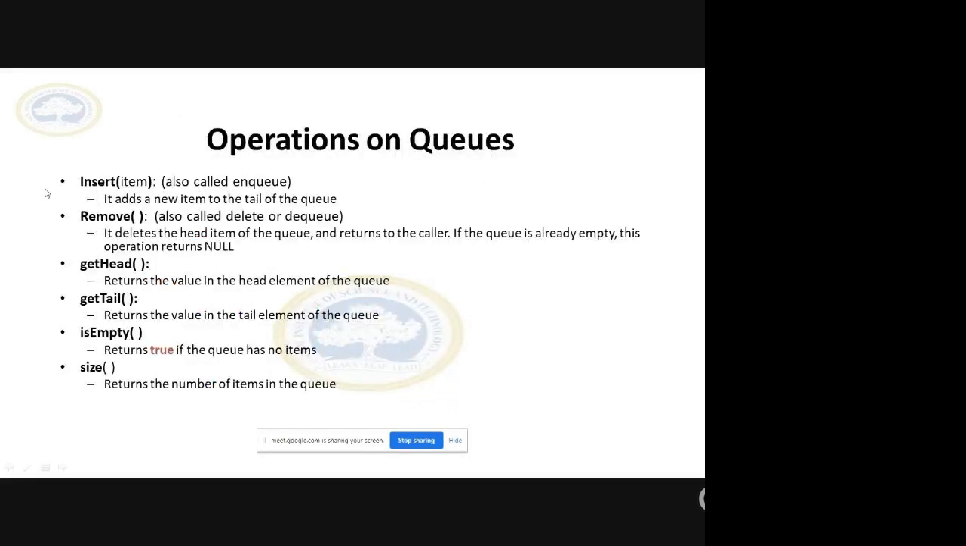Operations on queues are inserting an item, removing an item, getting the head, getting the tail, checking whether it is empty, and checking the size also. So here also you will have overflow, and here also you have to check whether the queue is full or the queue is empty. When you are going to insert, you have to check whether the queue is full. When you are deleting, you have to check whether the